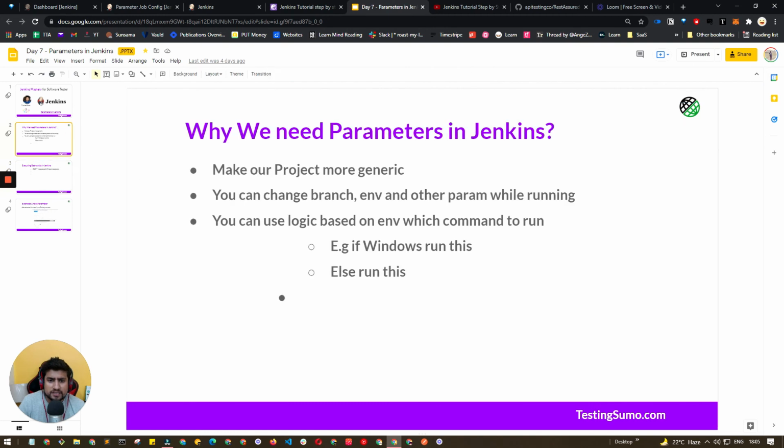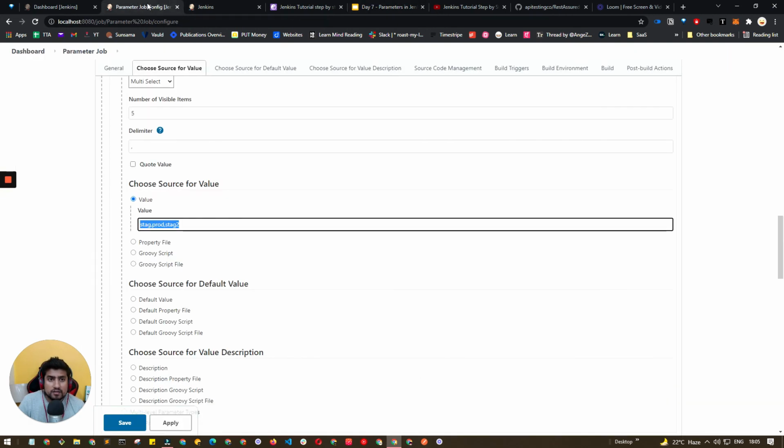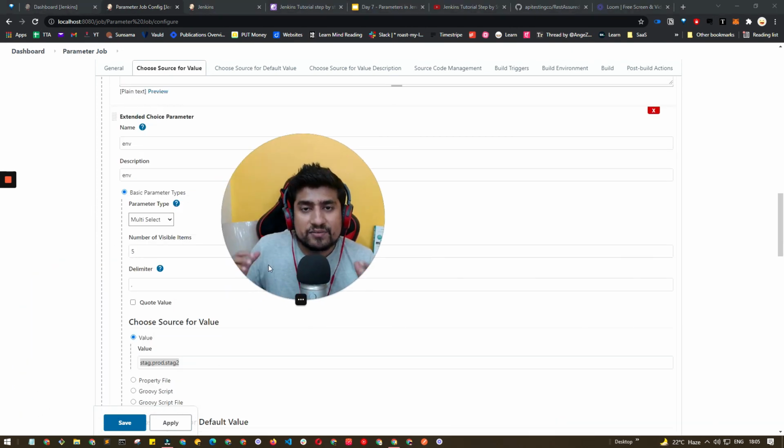I have shown you how to execute parameters, and three things are already covered. I hope this section was helpful to you guys, where we have learned how to use parameters. Now you can give it a try with the project that I shared in the previous video of the Jenkins series. Change the branches, and you can use other parameters and list items also. There are a couple of things that you can try out.